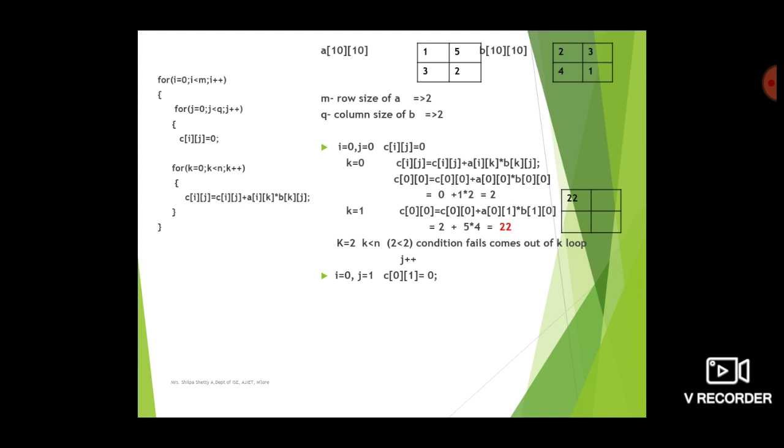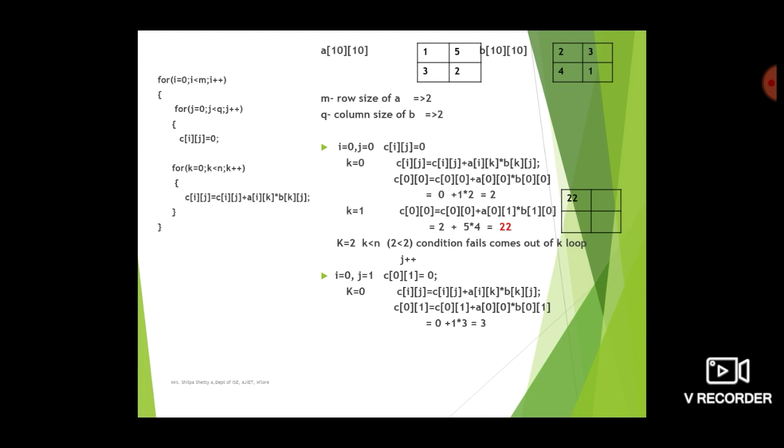Again for k is equal to 0. So k becomes 0 now. So now the values are 0, 1 and 0 for ijk. C of ij is C of ij plus A of ik into B of kj. So C of 0 1 will be C of 0 1 plus A of 0 0 into B of 0 1. We are just substituting the ijk values.